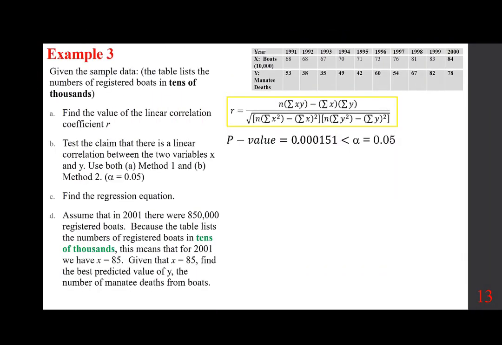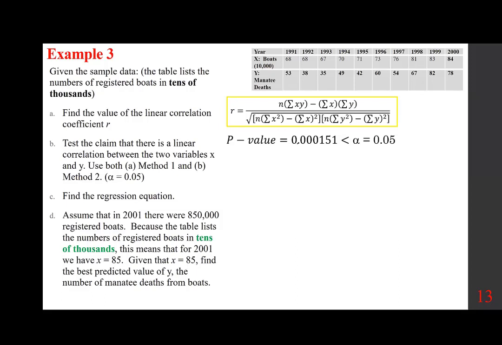Example 3. Given the sample data, the table lists the number of registered boats in tens of thousands. A. Find the value of the linear correlation coefficient R. B. Test the claim that there is a linear correlation between the two variables x and y. Use both model 1 and method 2. Alpha is 0.05. C. Find the regression equation. D. Assume that in 2001 there were